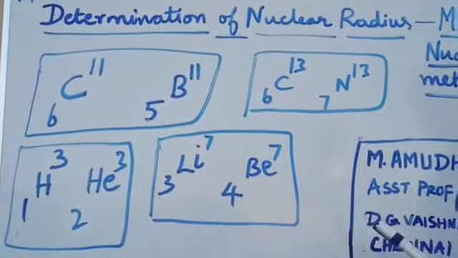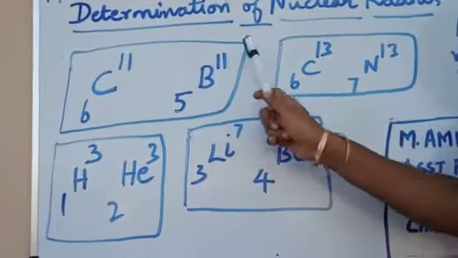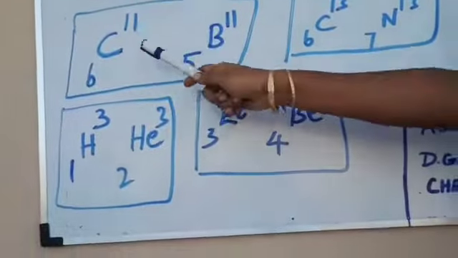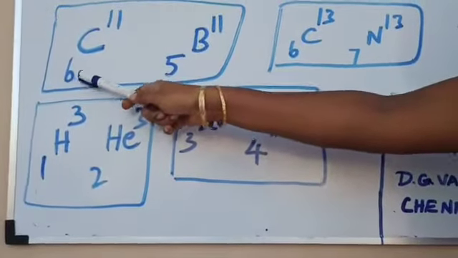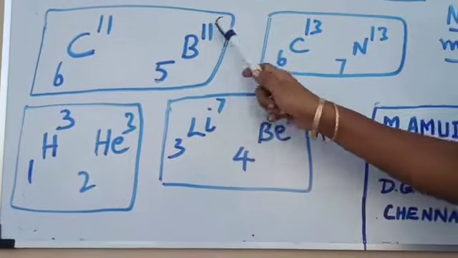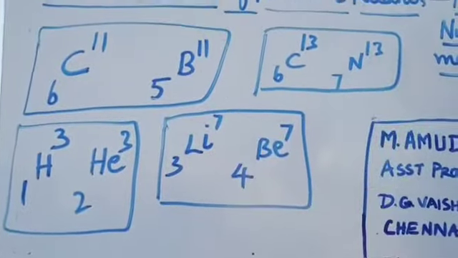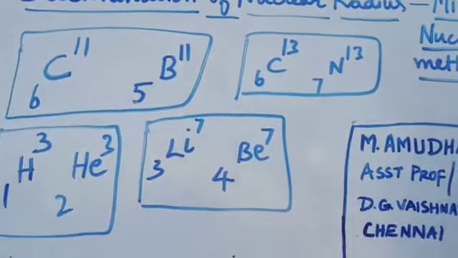In all these nuclei, you can see the number of nucleons for carbon and boron is 11, so it is going to be the same. But for carbon, the number of protons is 6, which is equal to the number of neutrons of boron. So the proton as well as neutron numbers are interchanged for these two nuclei. Such nuclei alone we call mirror nuclei.